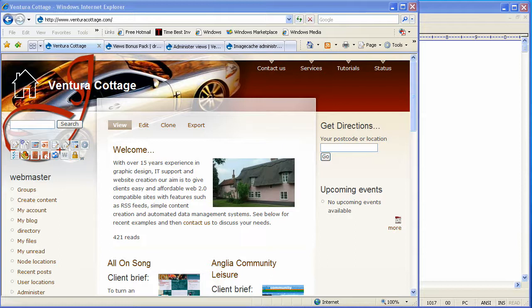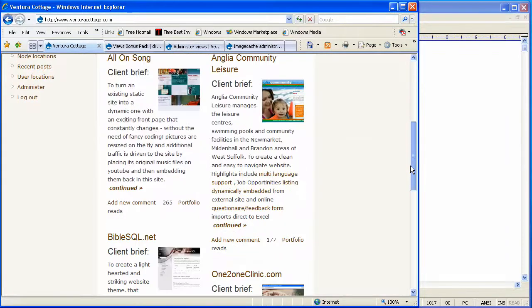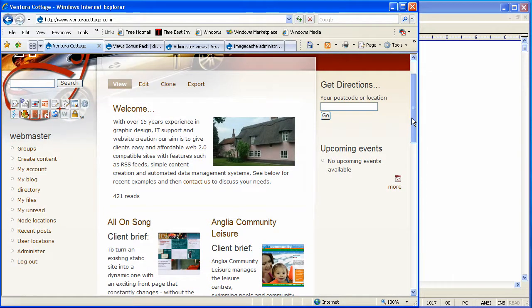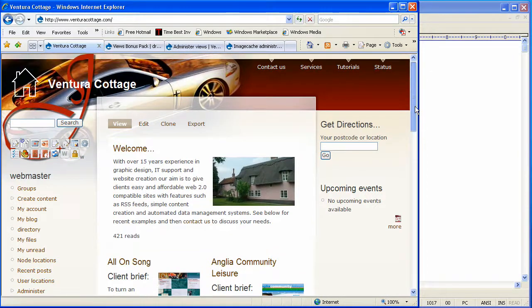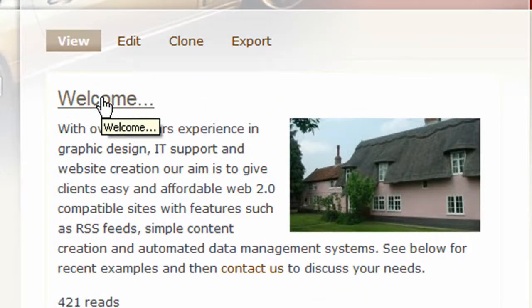I've been asked by a few people how we produce the theme that is at the website drupalhd01, particularly how we manage to have a single teaser plus two columns of news stories, and how we achieve the right-hand aligned images. So if we start first of all by looking at the first story,